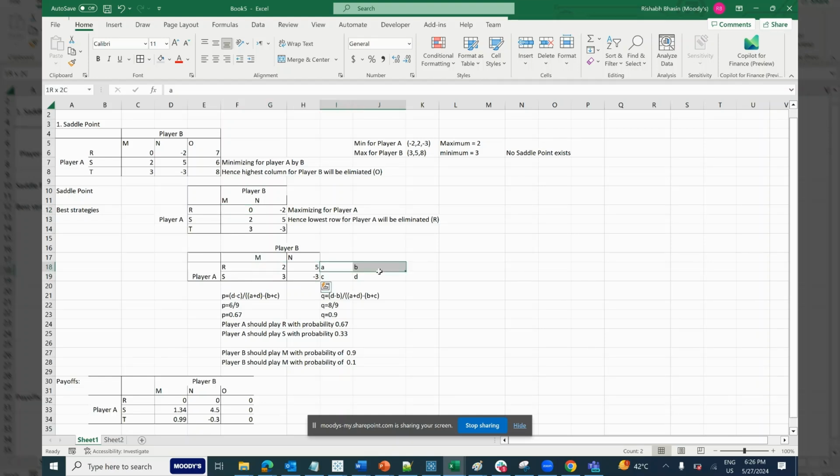Now if we treat them as A, B, C, D, we have the formula P equal to D minus C divided by A plus D minus B plus C, and Q is D minus B divided by the same denominator. So P gives 6 by 9 and Q gives 8 by 9. Now this means that player A should be playing strategy R with probability 0.67 because P was for this and Q is for this. Sorry, P is for this and 1 minus P is for this, Q for this and 1 minus Q for this. Probabilities are P, 1 minus P, Q, and 1 minus Q. So if